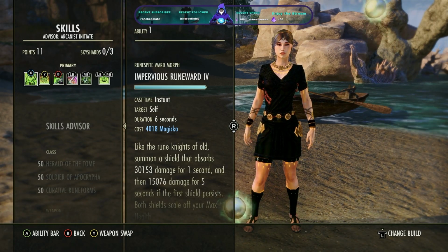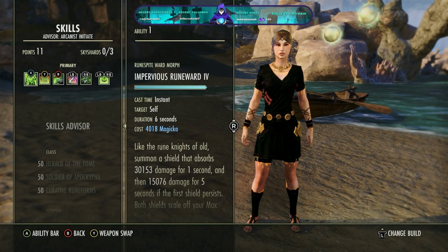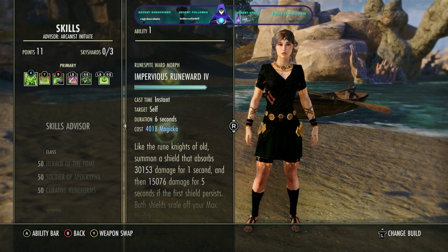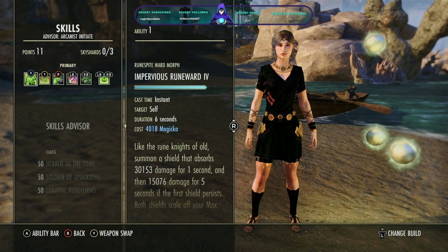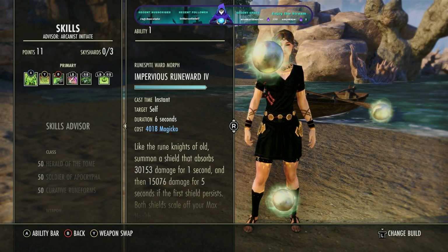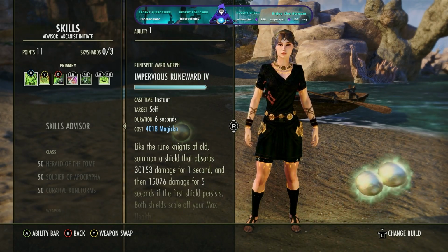Alright, let's get into the meat and potatoes of the video and look at the skills that I run. Some of these skills will be flex spots, so keep that in mind. But I run these skills probably 90% of the time. First skill on my bar, and probably one of the most important for survivability, is Impervious Rune Ward, which creates